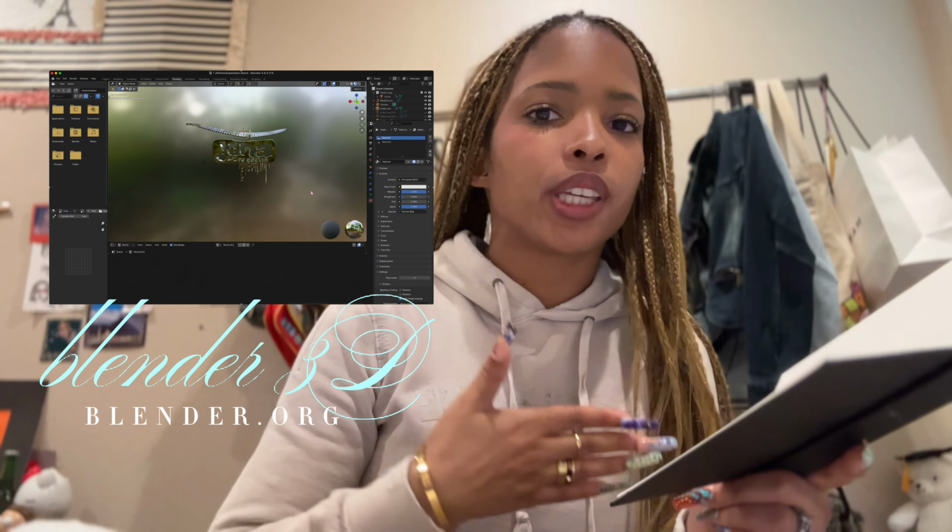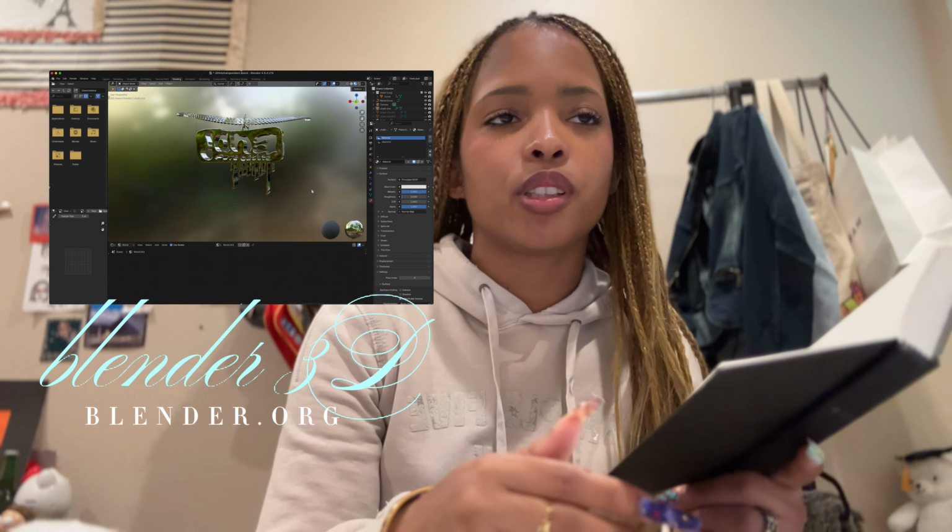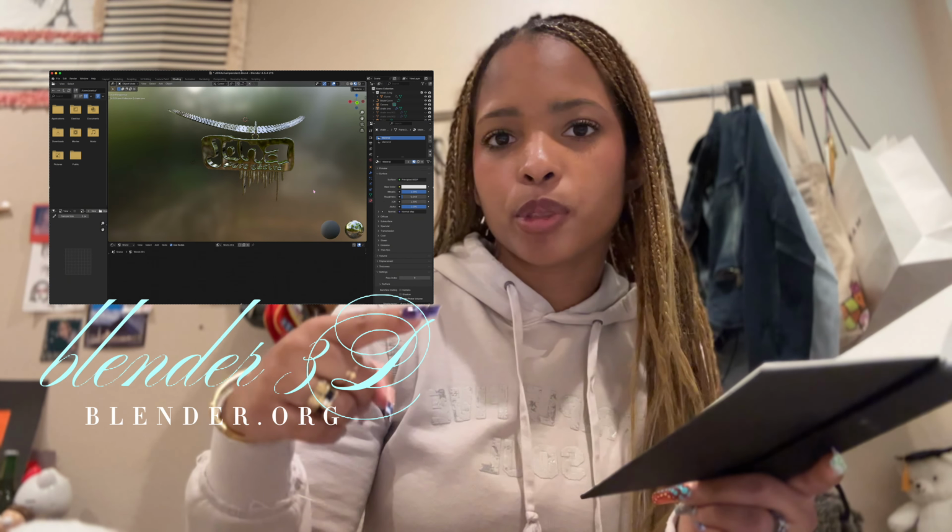Okay, next, I have everything written down in case you guys are like, why you got a notebook all of a sudden? Blender 3D is how I made my swinging pendant, and I'm gonna be honest, this is one of my favorite things I've ever done. I'm gonna do a swinging Christmas tree for my December 14th launch, and I'm gonna do a whole video on that and me making the behind the scenes because I think it's gonna be kind of